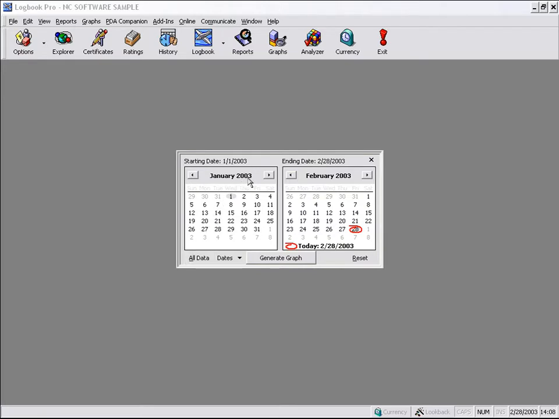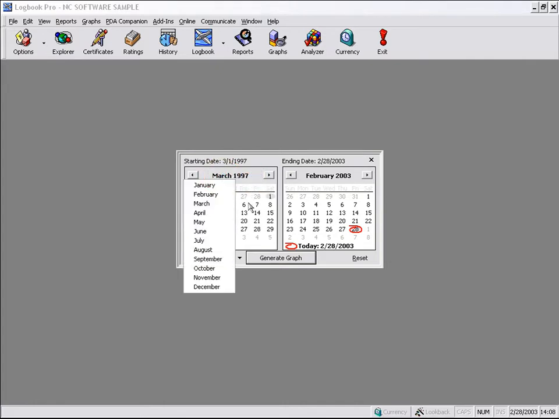I also want to take a moment here and show you that many people think you have to click a lot of times to change the dates. If maybe you want to go back to 1970s, let me show you a quick way. Click on the year. By doing so, that will bring up this up and down arrow, and now you can rapidly change the years. Click on the month, and that brings up a list to change the month values. So you can quickly change the year by clicking on the year, or the month by clicking on the month, and then selecting the day within the calendar displayed. This is the starting date, this is the ending date of your filter.